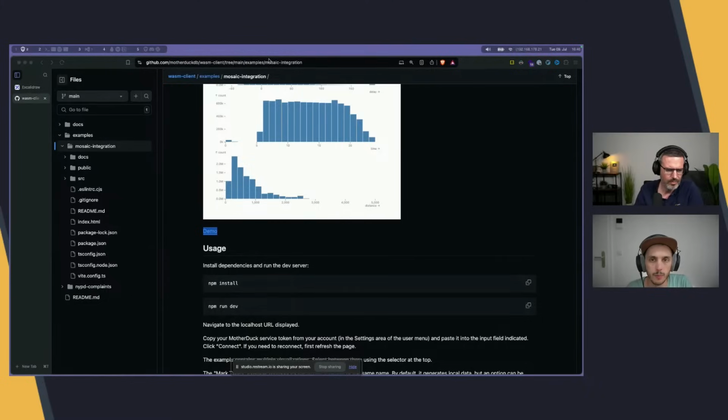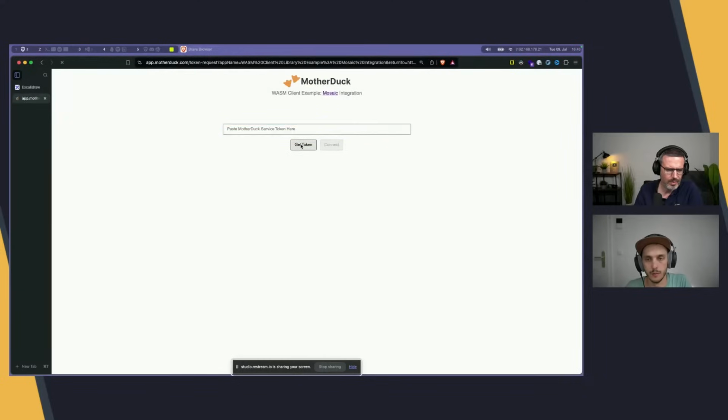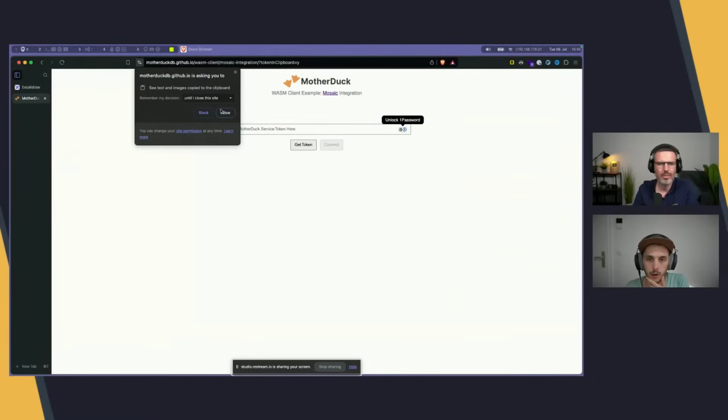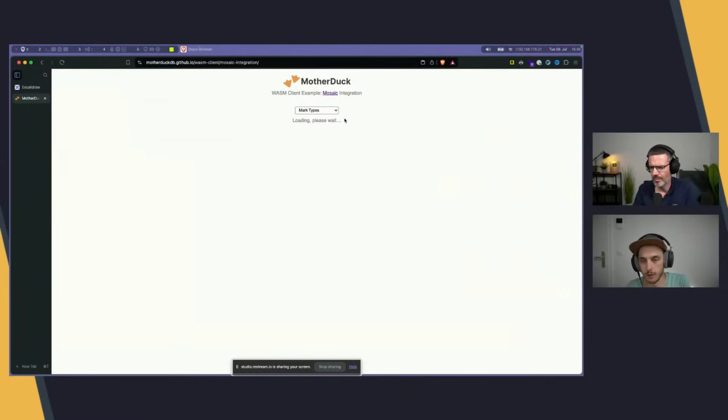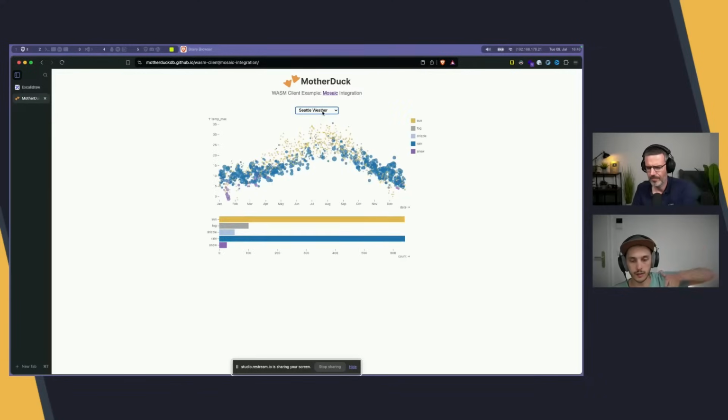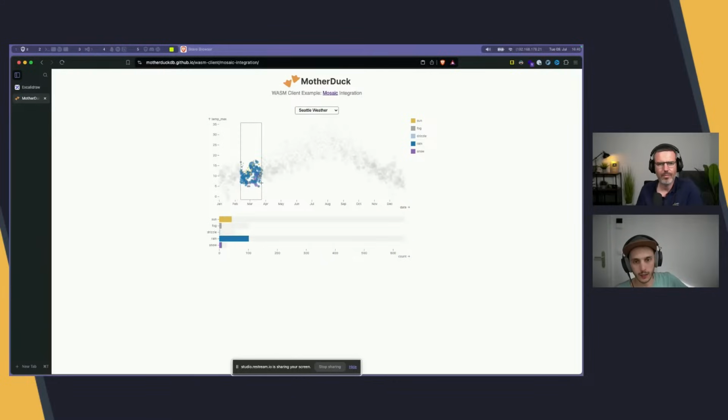It's a simple app using data on MotherDuck. So I'm just going to fill in my token. If you don't have a MotherDuck account, you just sign up, and basically it's using a shared database. So now I'm connected to MotherDuck behind the scenes with those graphs. Okay. And if I'm taking this graph with Seattle weather, and I'm filtering here, you see